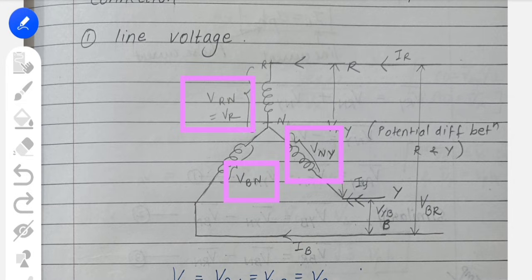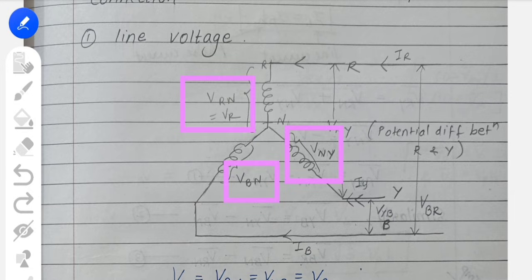How you have to make your diagram, I am telling you step by step. First of all, you have to draw your star connection diagram representing R, Y, B. You have to remember where to place B. Then you have to show the connection for I, where the current is going through.